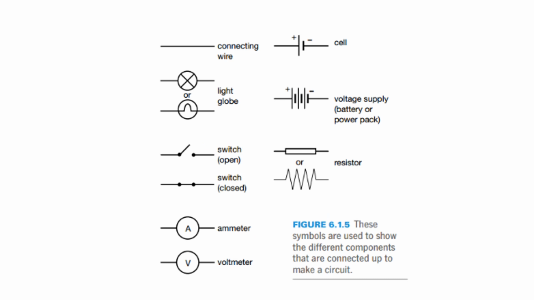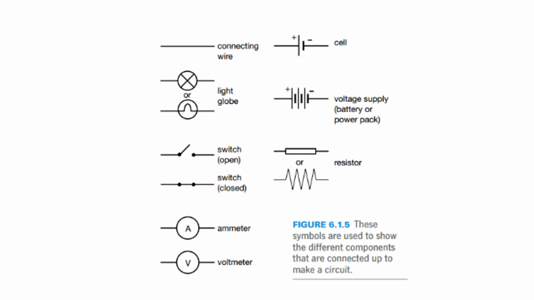Alright, so this one here shows you the symbols you need to use when you draw a simple circuit. At the end of today's lesson, you should be able to draw that simple circuit using these symbols. So you have a connecting wire, light globe, switch that is open or closed. You have ammeter, voltmeter. We will discuss more about ammeter and voltmeter in the next lesson, but in general principle here, the ammeter is used to test the electric current,